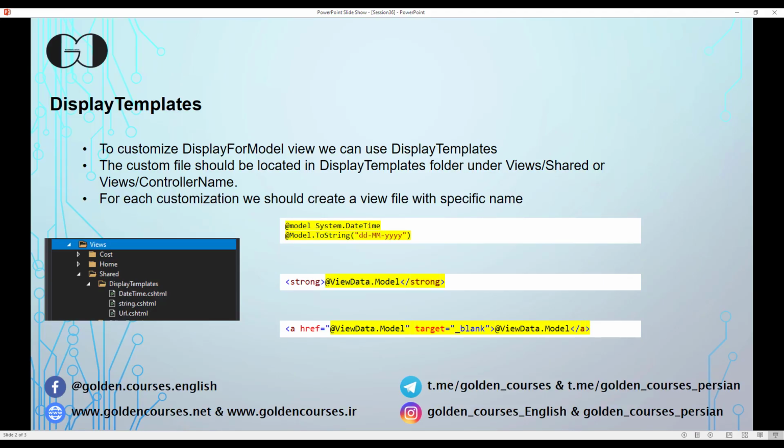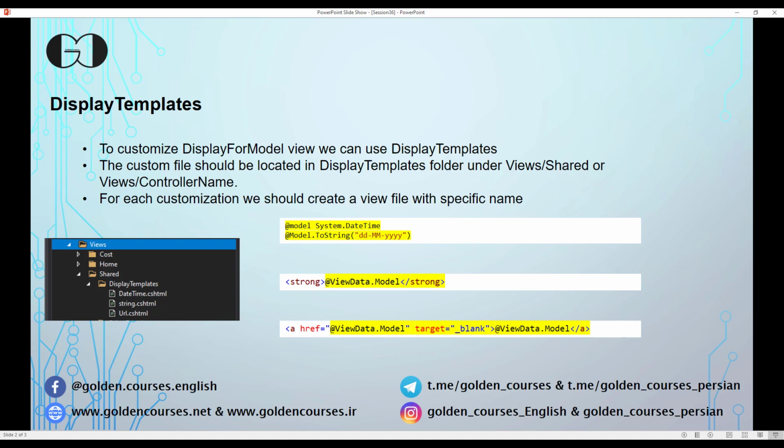For DisplayTemplates, first I should create one folder inside Views/Shared with the name of DisplayTemplates, and inside that one, for each property or for each group of properties, I can create one view file and do the modification. Just bear in mind, you can create these view files inside Shared/DisplayTemplates or inside the subfolder of the